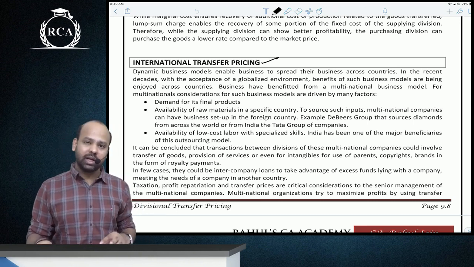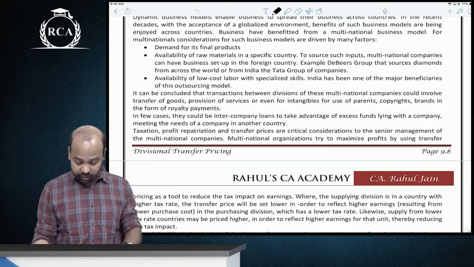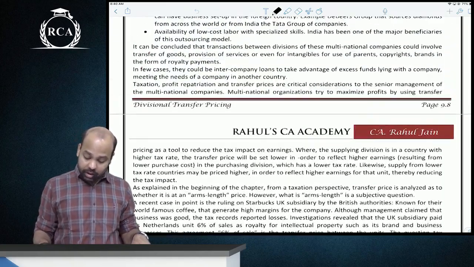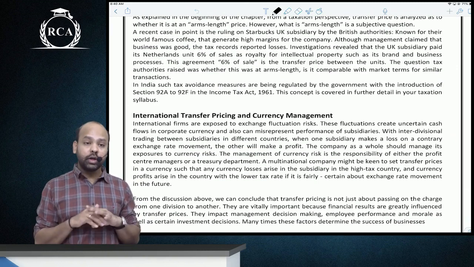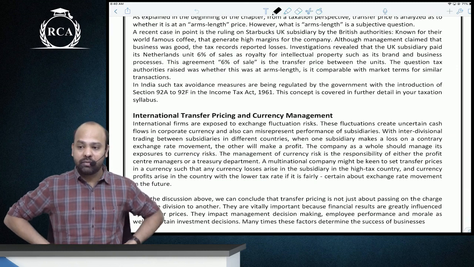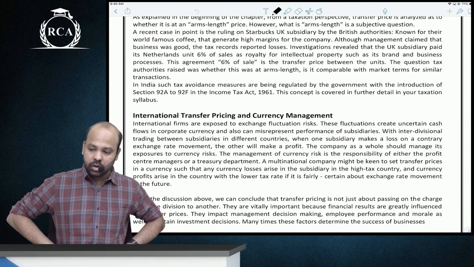So guys, I hope you've understood the point that there will be impact of taxes. Every country would want to use it to their best advantage. Understood. Currency management is another important part here. When you know that there are a lot of subsidiaries that you have, and there are a lot of transactions between these subsidiaries,